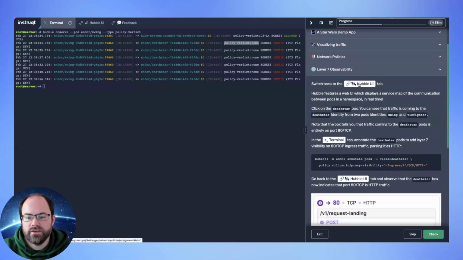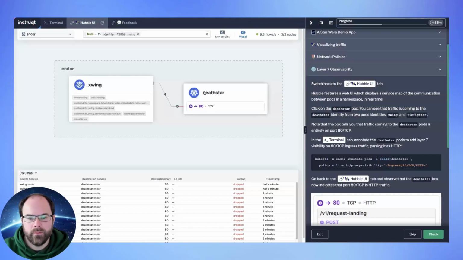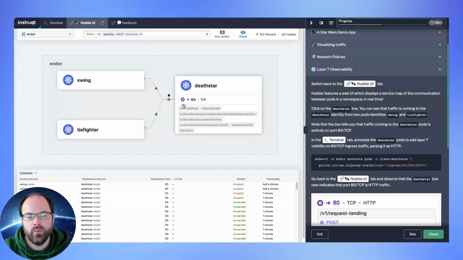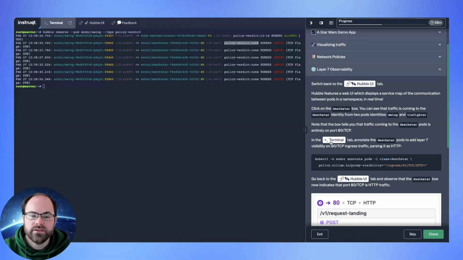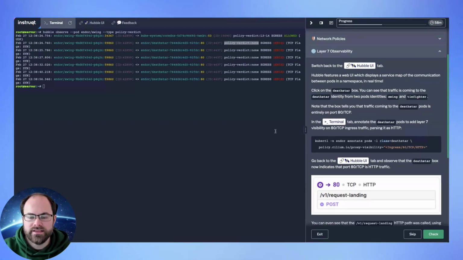Okay, so if we go back to the Hubble UI, we're going to click on the Death Star, and at the moment we can just see that traffic is coming in only on port 80. We can see it's TCP traffic. Now we know that port 80 is probably going to be HTTP traffic, but we don't see any visibility there as well. So if we go back to the terminal,